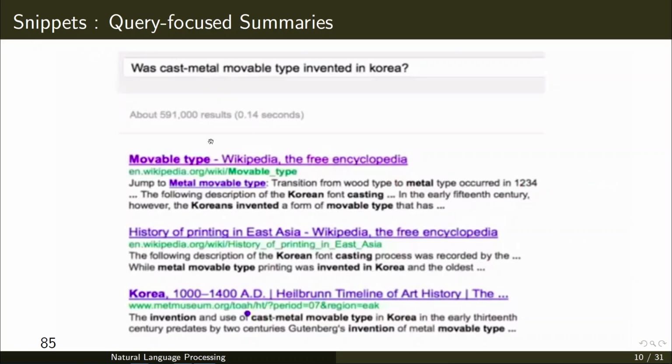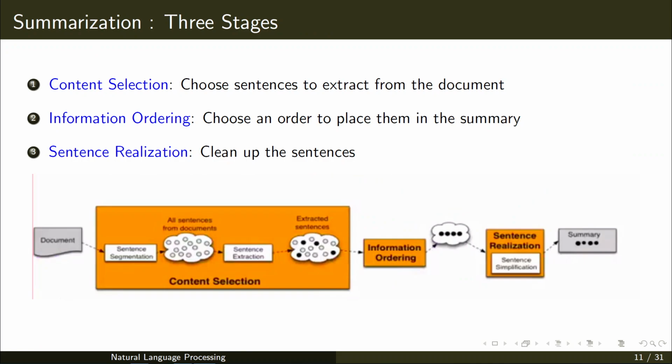For example, for the question about who invented cast metal movable type in Korea, it searched multiple documents, and you can see that the first sentence was taken from one document, with dot dot dot, and the following description of the Korean font is from another document. So this entire summary was taken from three different documents. Like that, the Google snippet is constructed.